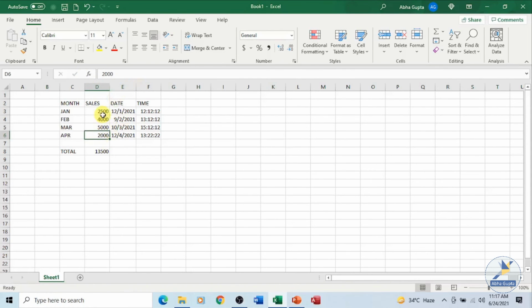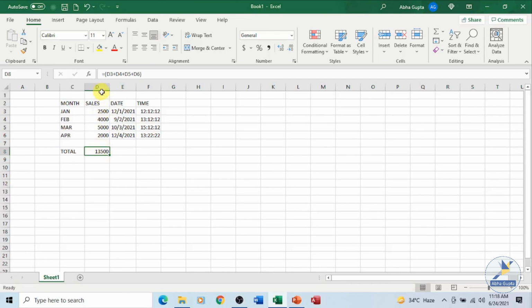Now another thing which you should see over here, if I am making some changes in the content of my Excel workbook, say I am making changes in the sales for the month of April, the moment you change it and this particular cell is being used in any formula, that formula will automatically change the calculation. You don't have to change the calculation, it will be changed on its own.